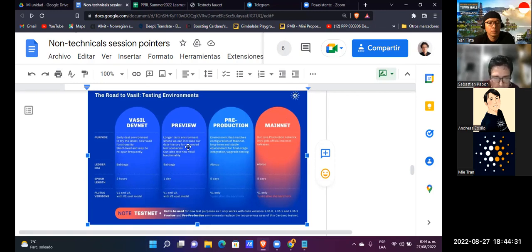The preview is a longer term environment where we can increase our data history for expanded test scenarios. At this moment, the main difference between the preview testnet and the pre-production testnet is that the pre-production functions on the Alonso era. In Cardano, blockchain development goes through various stages called eras.